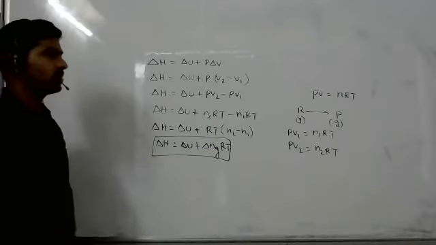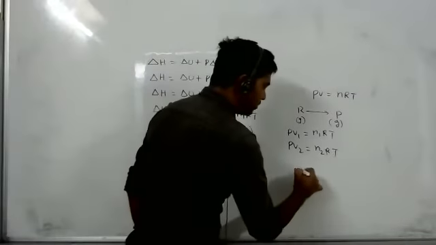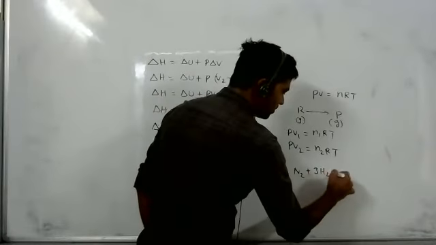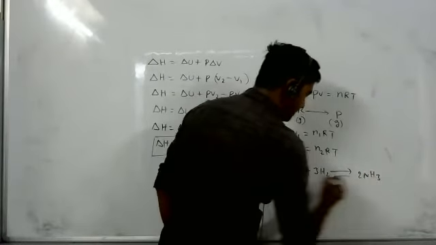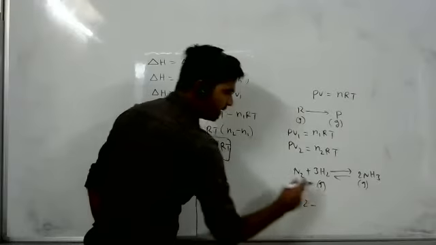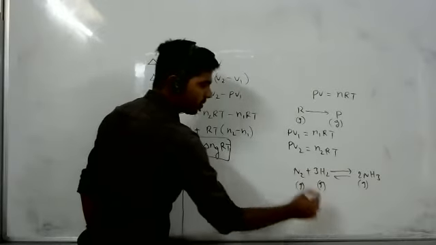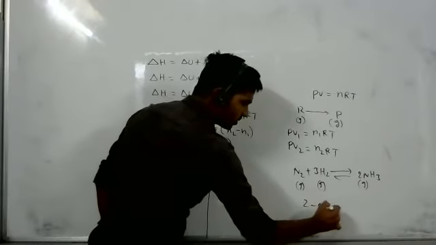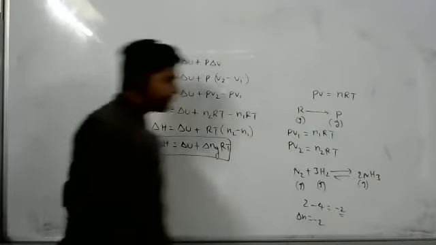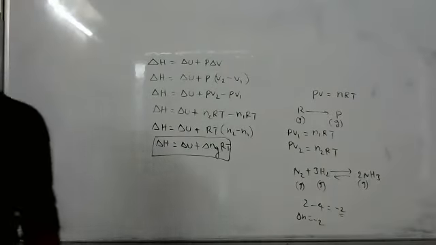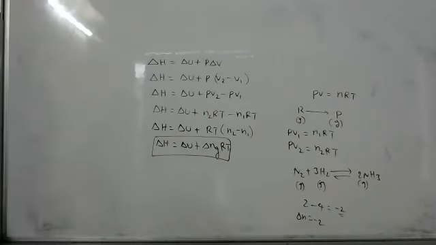Suppose one chemical reaction, N2 plus 3H2 gives NH3, all in the gaseous phase. It is just the difference between the number of moles of product minus reactant. Here 2 moles of product, here 4 moles total of reactant. So delta Ng is here minus 2. We just refer to the difference between the number of moles. Okay, sir, got it.